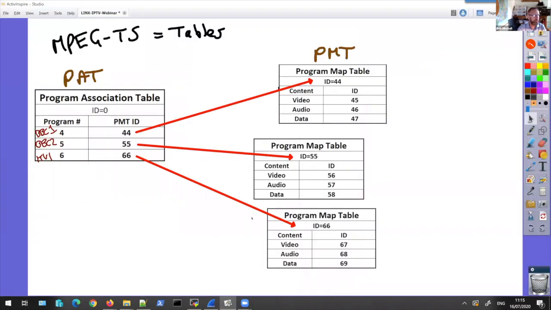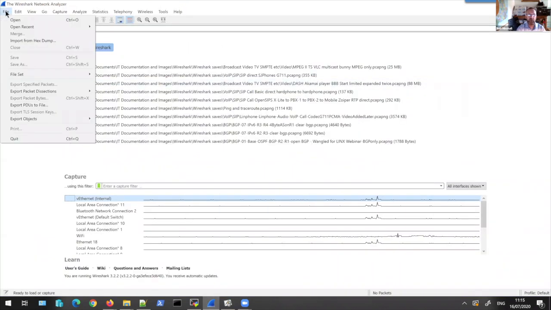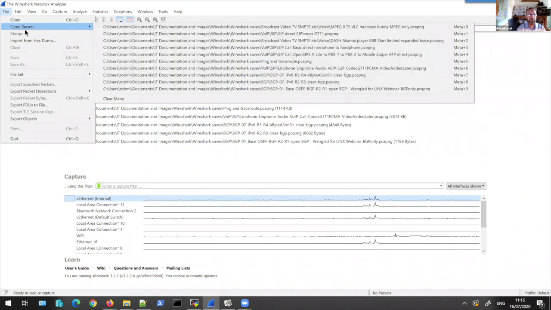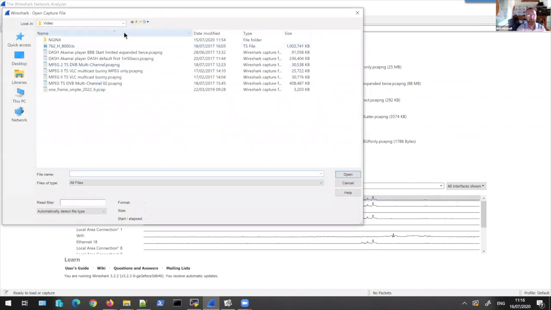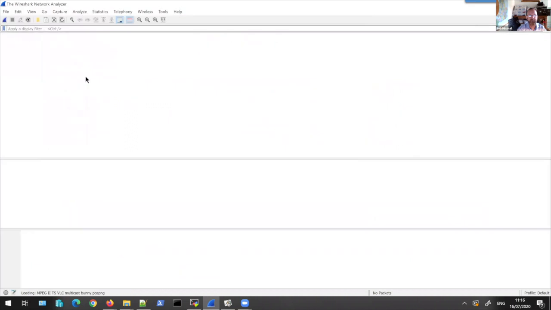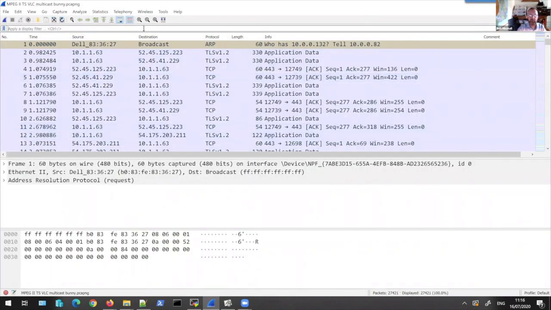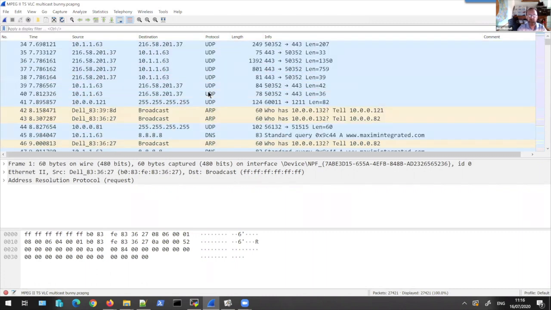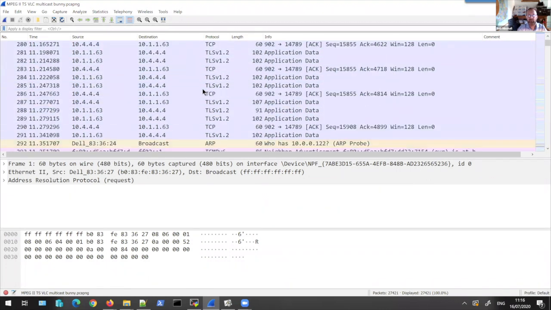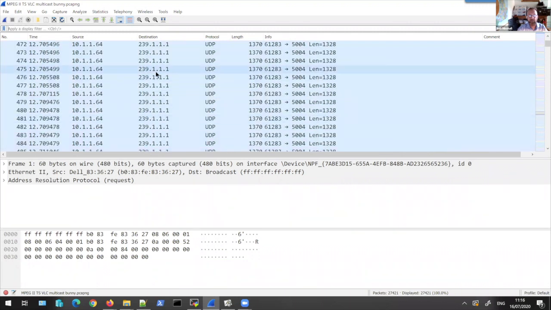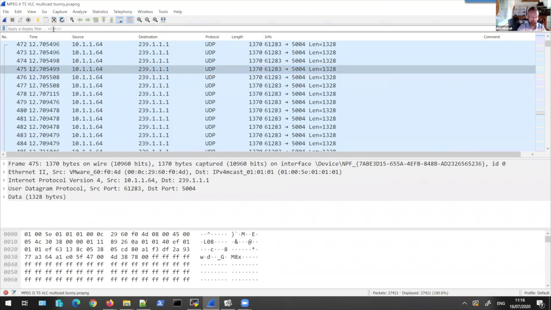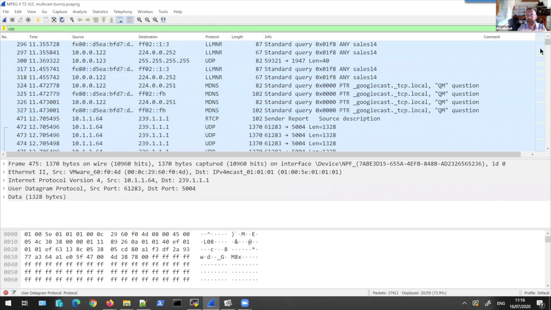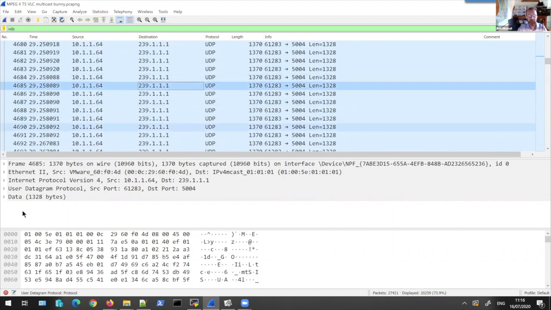Now, I can also demonstrate that with Wireshark, and with Wireshark I can open up a video, and that video is going to be this one here. I think it is. There it is. Now, we did say earlier that if we transmit, it's going to be UDP, and here it is. Here is the UDP. So if I filtered on UDP, here is my video in Wireshark,